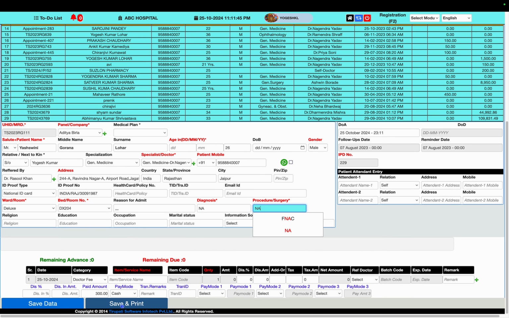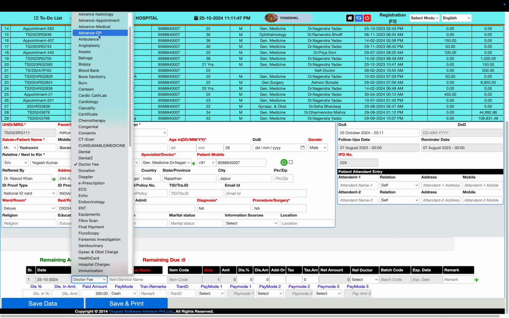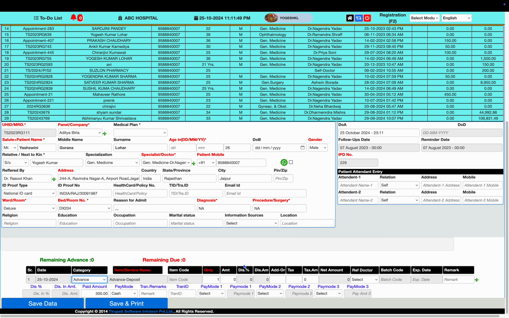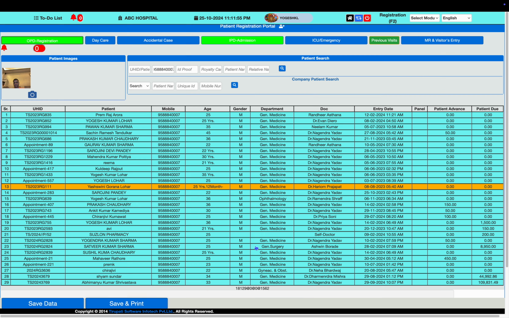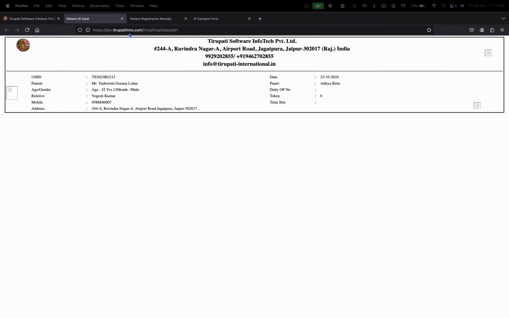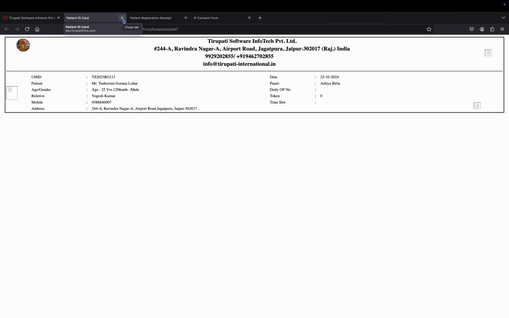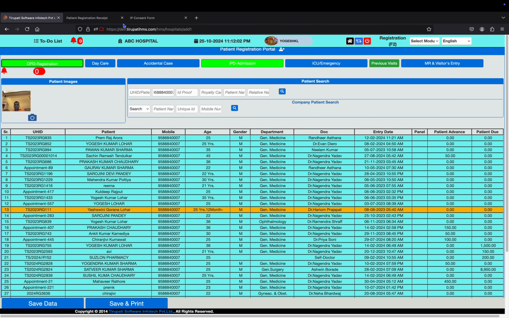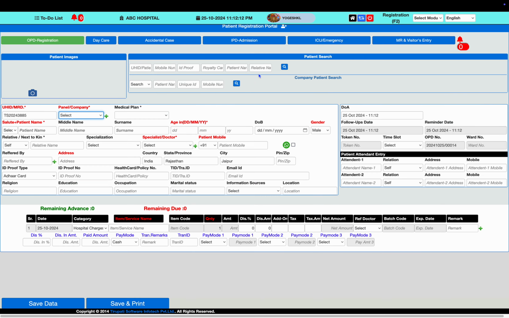This way we fill the record, and if any advance payment is collected for an old patient, we can mention here what amount we have collected, and the admission can be performed for the existing old patient like this. At the same moment the system generates patient documentation, patient ID card, patient advance receipt and other details.